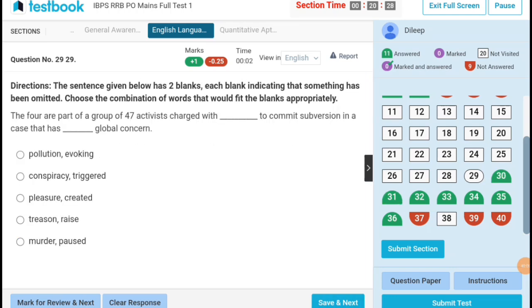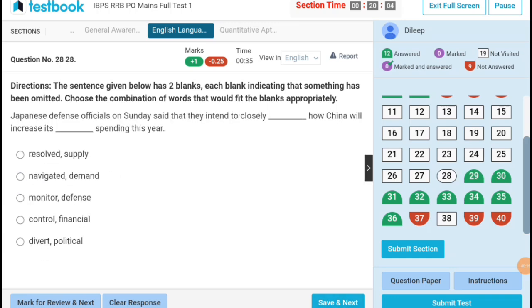The four are part of a group of 47 activists charged with conspiracy. Japanese defense official on Sunday said that they intend to closely monitor how China will increase its